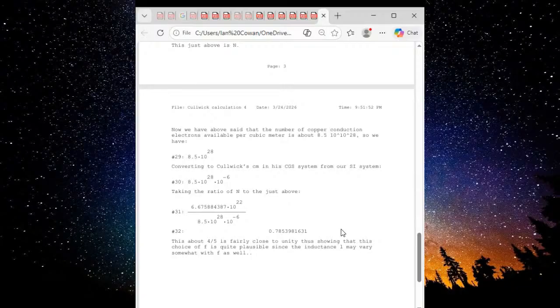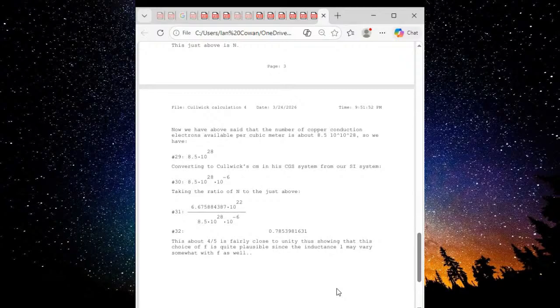And also, we've got a toroid mounted here, which affects the inductance. It drives the inductance way up because the toroid is an inductor. And there are no capacitors in this work of Cohen, just inductors. And so 4/5 is acceptable, since if you had a different size coil or something, you'd get a slightly different result. So this is quite a bonus.